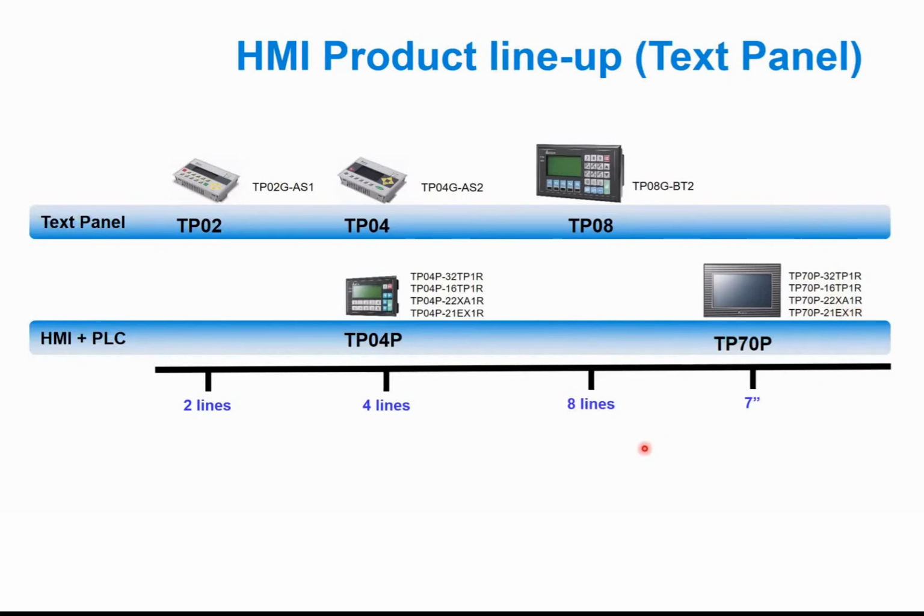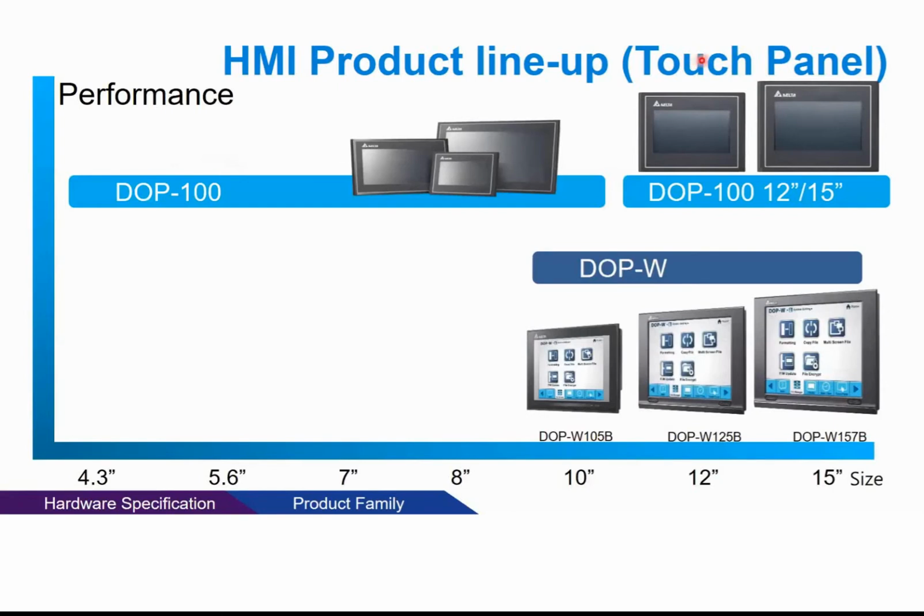And then the advanced HMI we have, we call it touch panel. So this touch panel HMI, as you can see, they don't have buttons. So the screen is touch sensitive. You can create a button on it by yourself, and by merely touching the screen, control what happens to your machine. And for this, we have different ranges from the smallest size, 3 inches, all the way to the biggest size, which is 15 inches. And one of the series we have in this is the